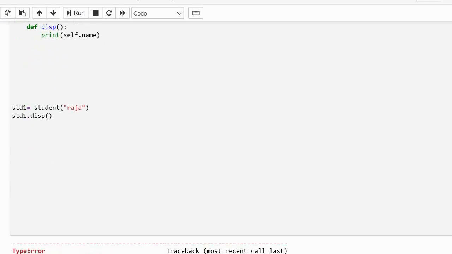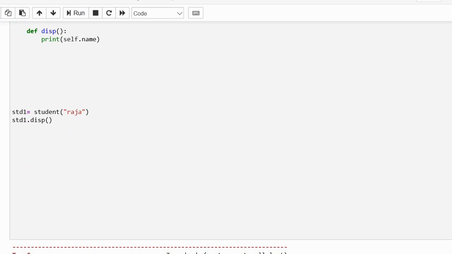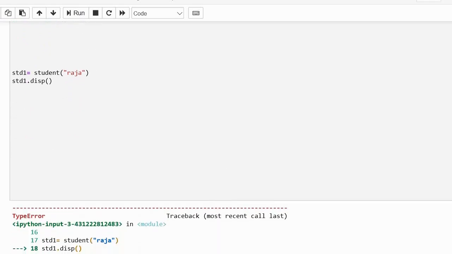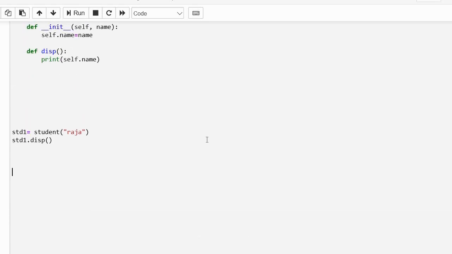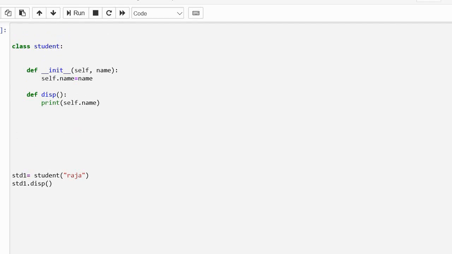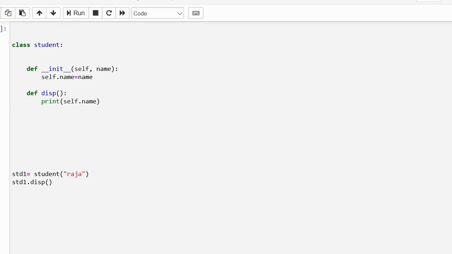There is still some error, that is student1 dot display takes 0 positional arguments but 1 was given.